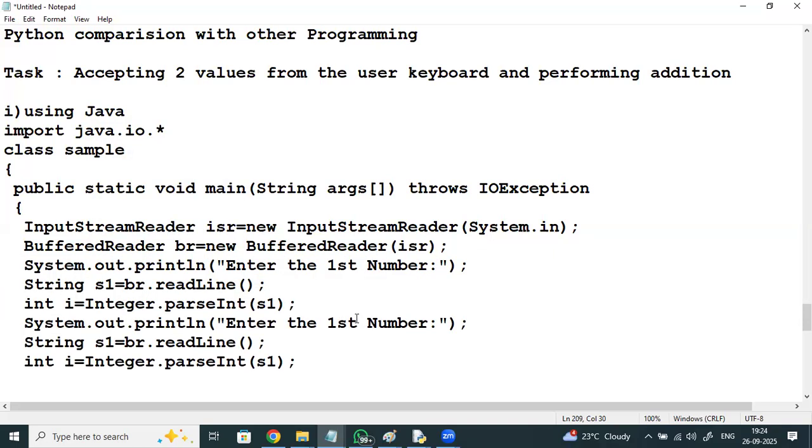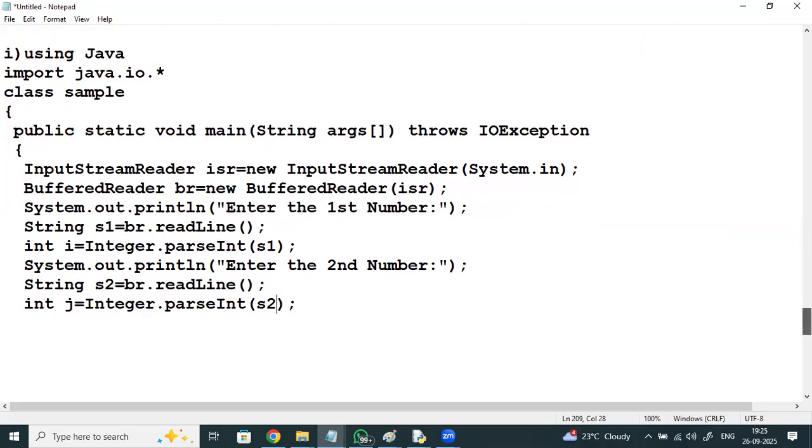Finally, System.out.println(i + j). This is the coding in Java.